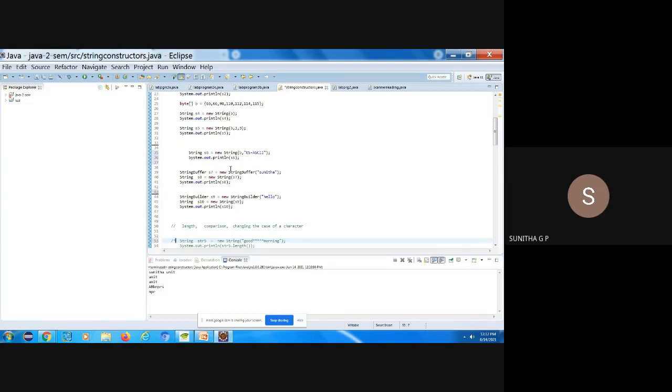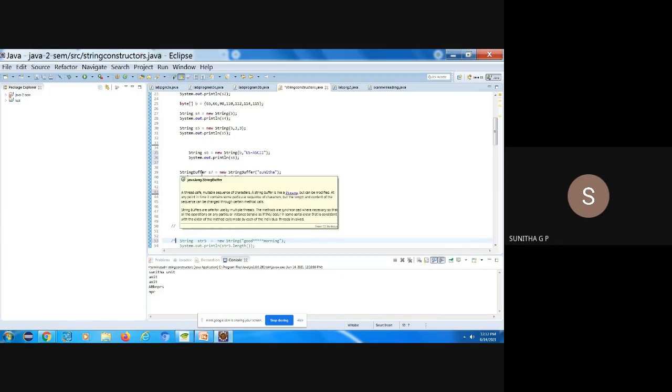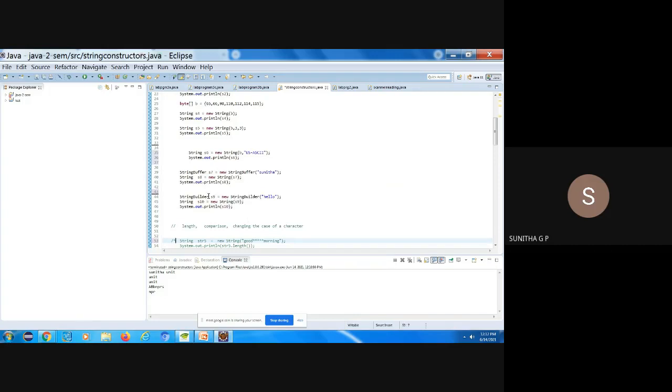Okay, next, using other types of string objects, we are creating a string. So the two types of objects are string buffer and string builder. Okay, I have created one here also, and I have sent some value as the parameter. An object S7 is created. So that object I have sent as a parameter to the string constructor. So using that object, a string variable S8 is created. Okay, a string object is created using a string buffer object.